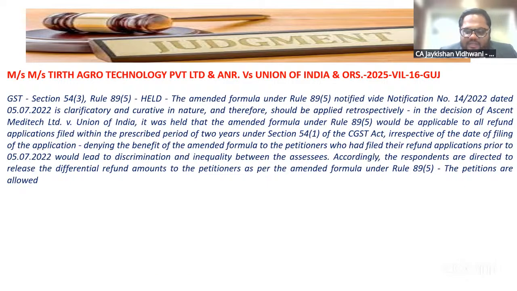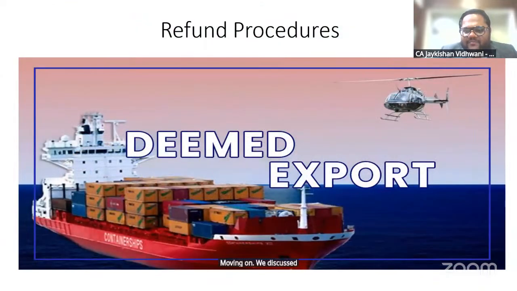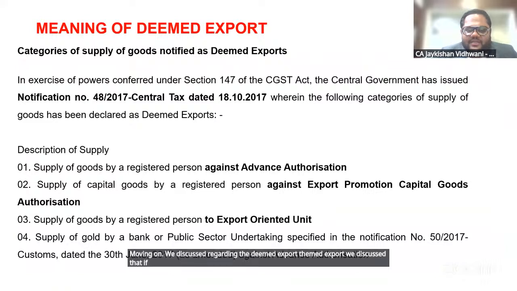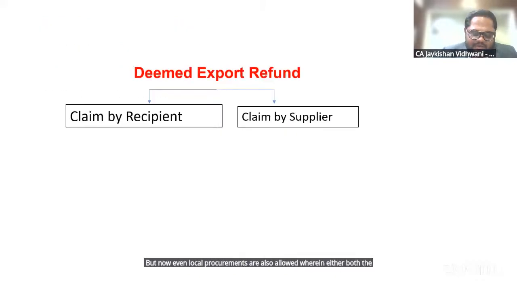Moving on, we discussed the deemed export. We discussed that if the recipient is holding the following licenses, that is advance authorization, EPCG or EOU, then earlier the government was only allowing procurement from outside India. But now even local procurements are also allowed, wherein both the supplier and the recipient can claim